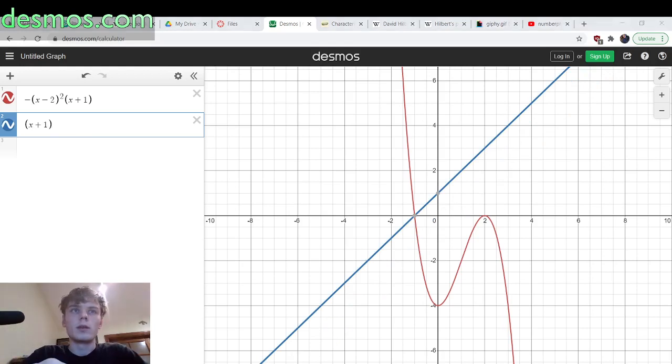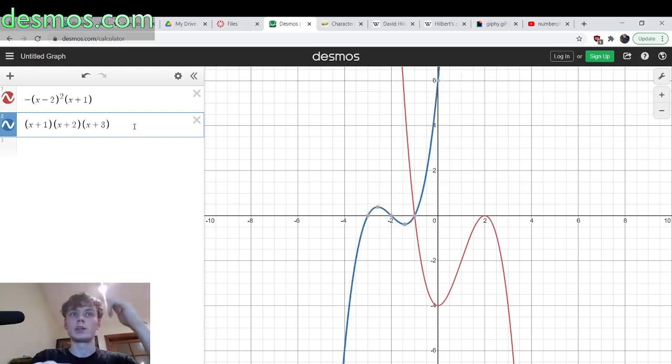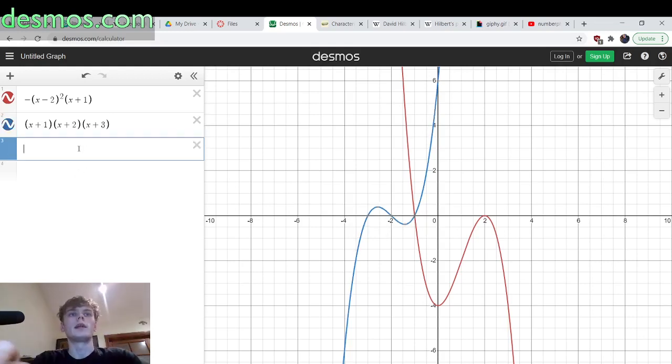Now, I can plot any polynomial I want and make it go through the points I choose by just writing it like this. So if I want my polynomial to go through the points -3, -2, and -1, I just have to write x plus 1 times x plus 2 times x plus 3. And in particular,